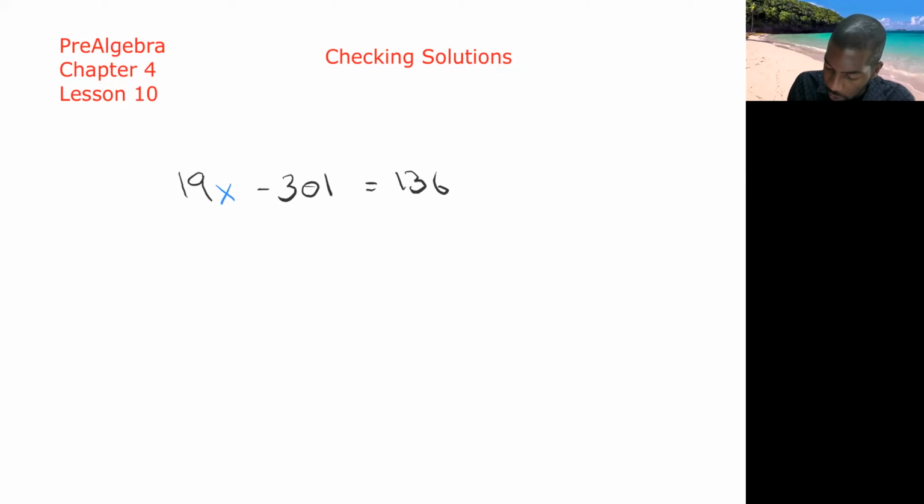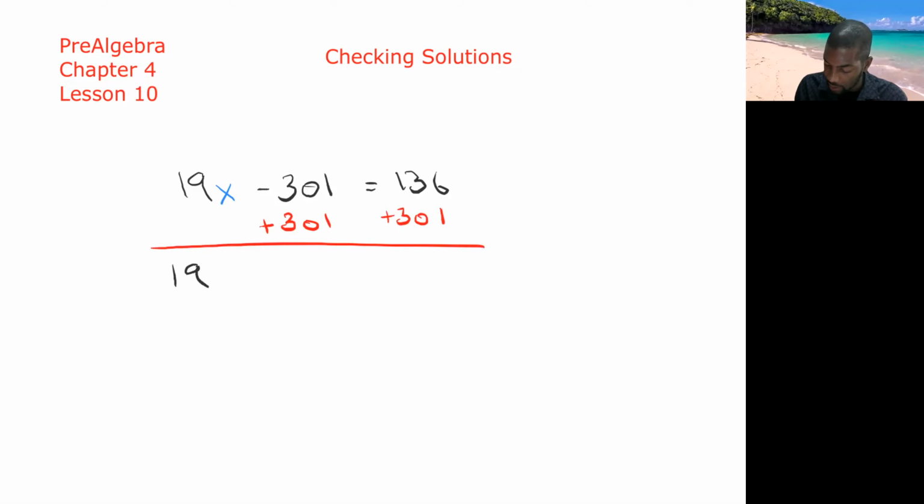Step one, I would try to get rid of the subtraction by using addition. What I do to one side, I must do to the other. So I add 301 to negate the negative 301. And then I put it on the other side as well. So then I would get 19 times the number. Negative 301 plus 301 cancels each other out. They become 0. Equals 136 plus 301. 6 plus 1 is 7. 3 plus 0 is 3. 1 plus 3 is 4. 437. And then I could, if I wanted to, divide this 19 times x over here, then divide by 19